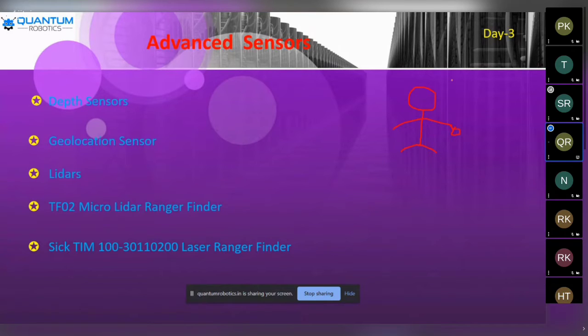If we go within a sensor, firstly, think of this as one sensor and this as an object behind it. Between the object and the sensor, how much the distance varies is measured by the sensor. And if we go within certain platforms like the Arduino platform, we get the serial monitor at the top right side.